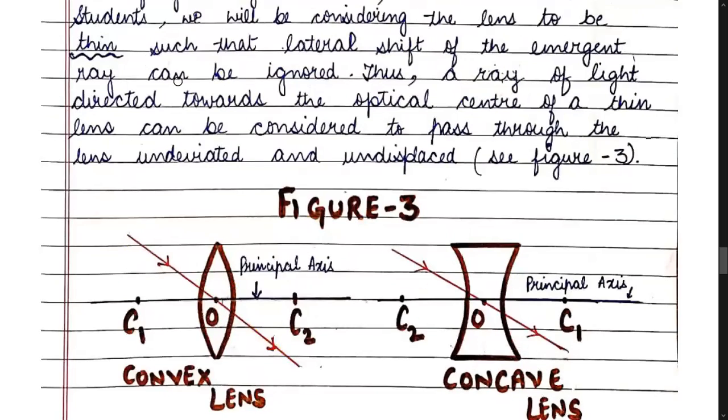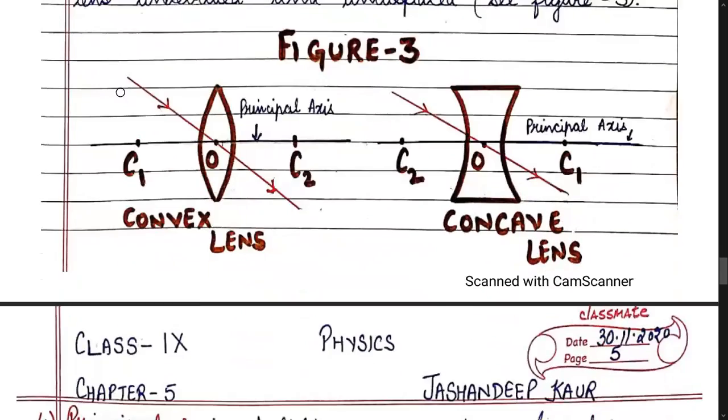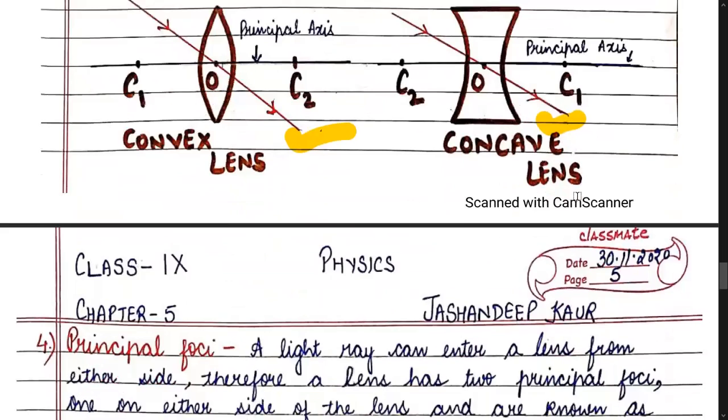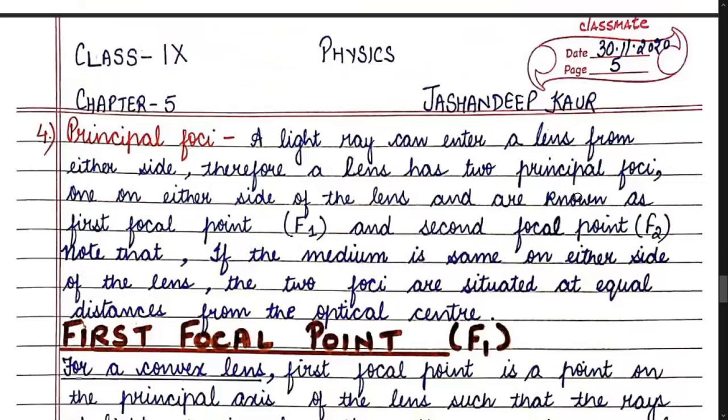We will be considering the lens to be thin, and in such case, a ray of light incident on the optical center will pass as it is to the next medium without getting deviated. That is, it will not change its position. Whatever was its incident position, the same will be its emergent position. Coming to the fourth term,